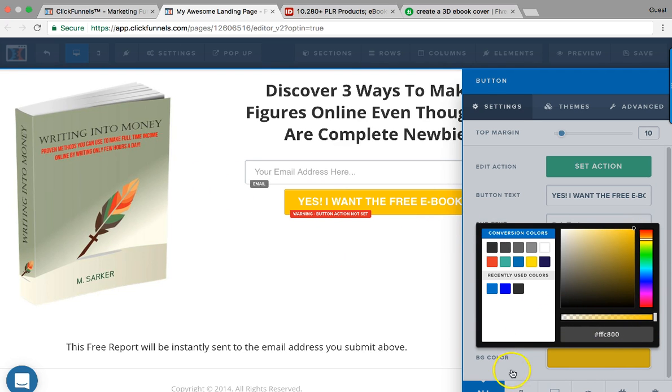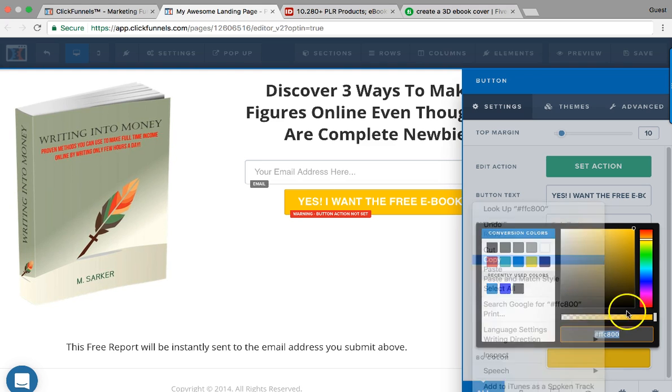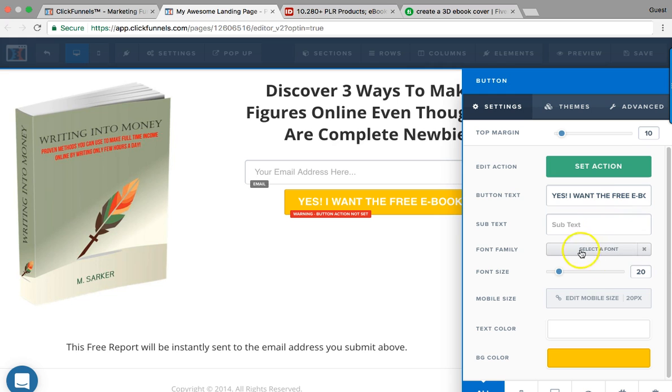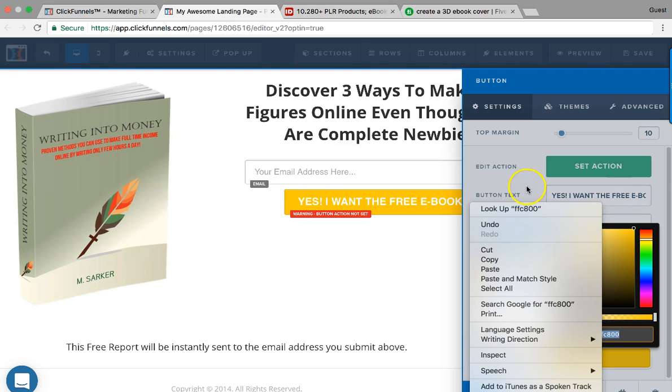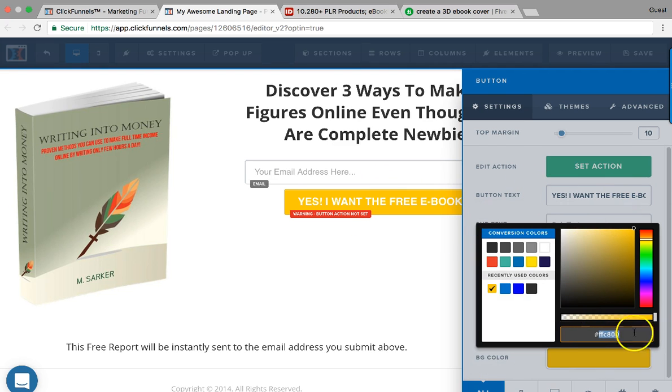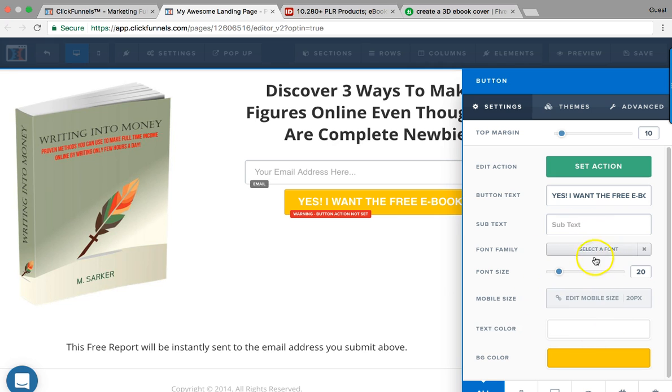If you want to copy the same yellow I have, just copy this code from my screen, pause it, copy it, and when you go to the color, it says button color, just paste it here, double click and paste, and you should get the same color. I have the exact same color that's on my funnel. And then